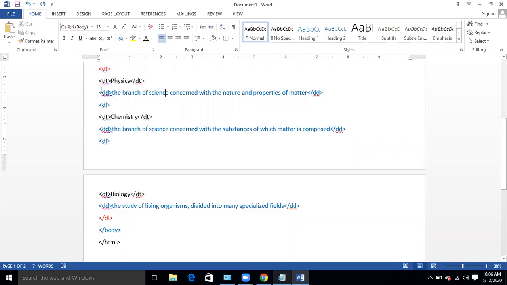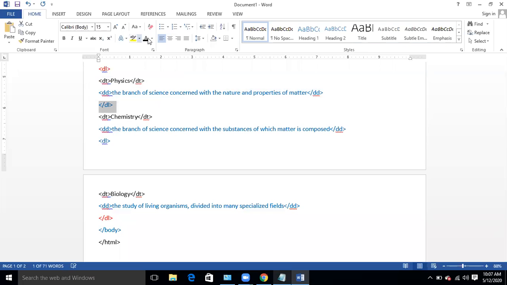And this is the detail. DD means detail. What is the definition of physics? The physics definition is there. Similarly, what is the definition of chemistry? The detail is there. And we are ending the DL over here.